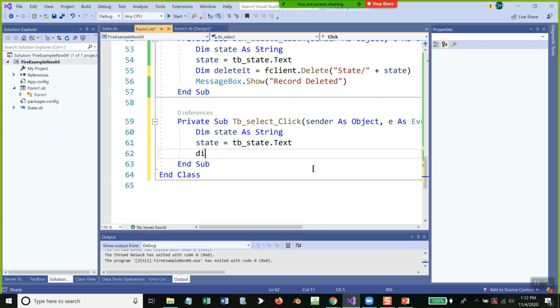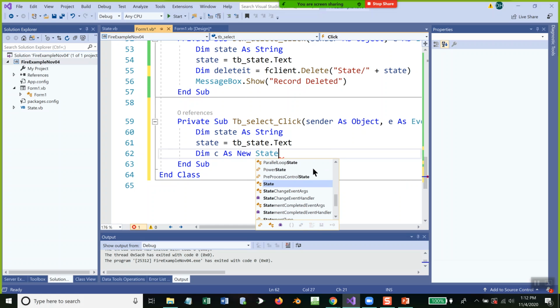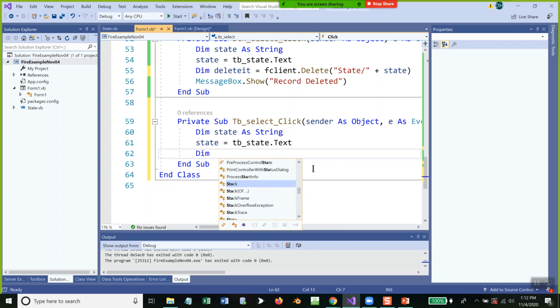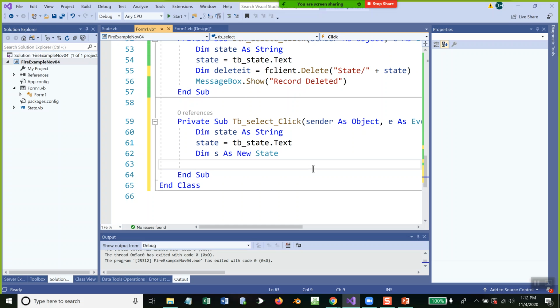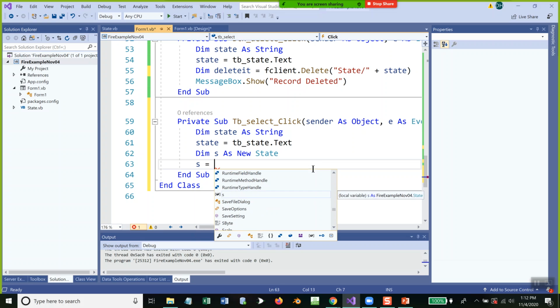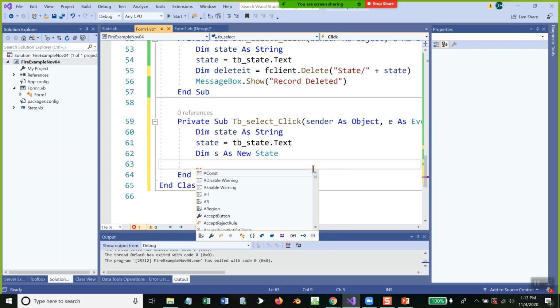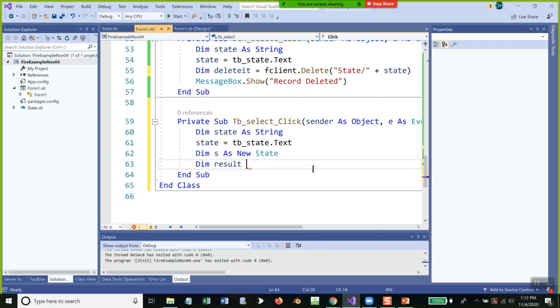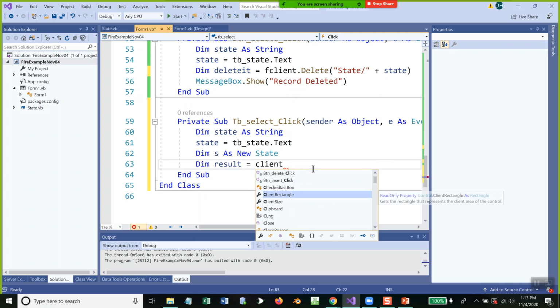Let's see. I need to return it into an instance. So as new state, s, new state, and s is going to equal to... oops, I don't have my... Need to declare a result, and instead of doing a client.update,